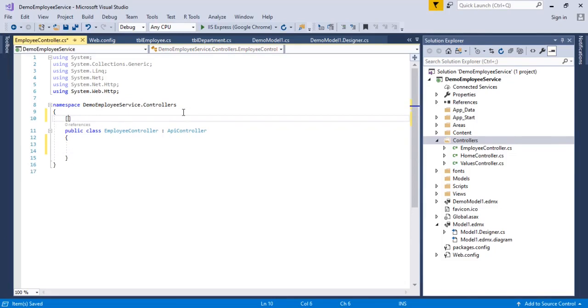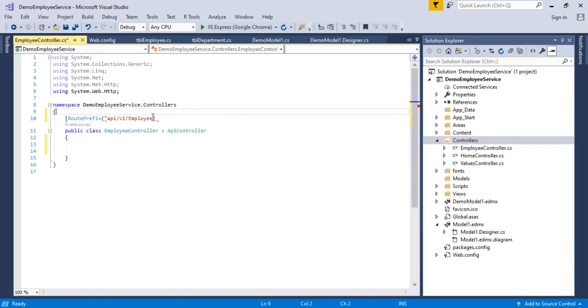I'm going to add the route prefix of api/v1 (version 1) and employee, because I'm going to get the employee details.